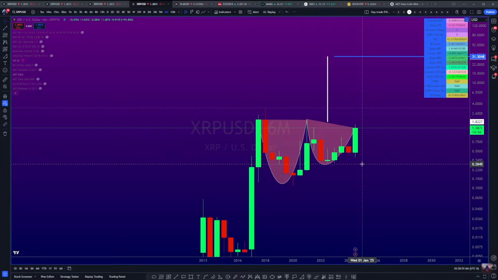I think that this is at its local floors here. Even if this thing dipped to $1, it's still considered to be local supports. This is likely going to break the $2 zone. It's likely going towards a $4 and $5 zone and beyond. I only look at numbers and I only look at data like this, and I see that it does have credible catalysts and stuff lined up.